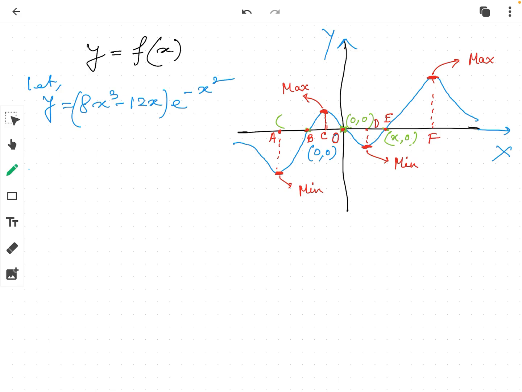I am giving the names of these points on the x-axis only. So at point A we got a minimum. At point B